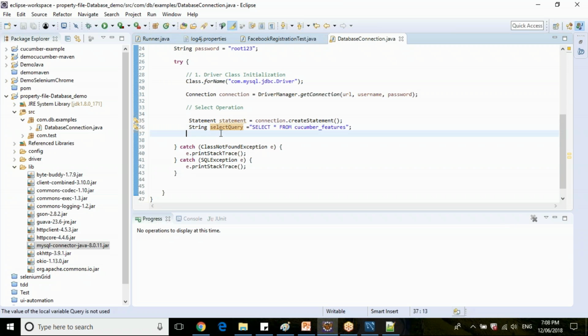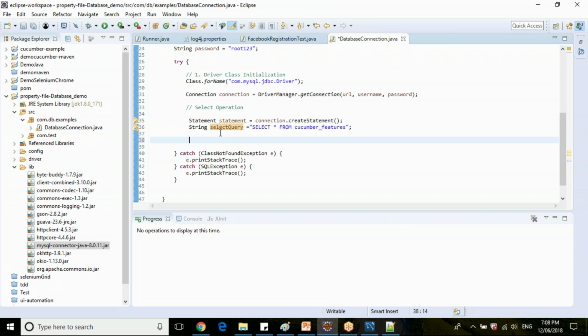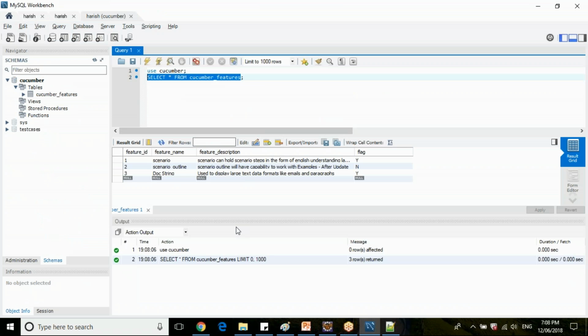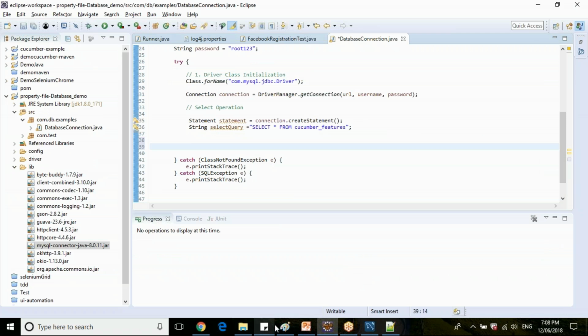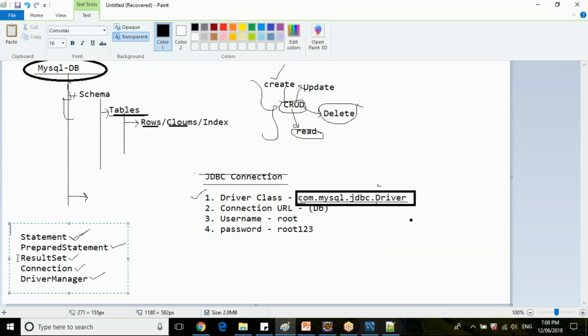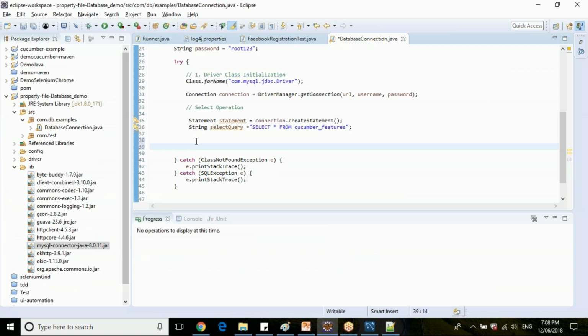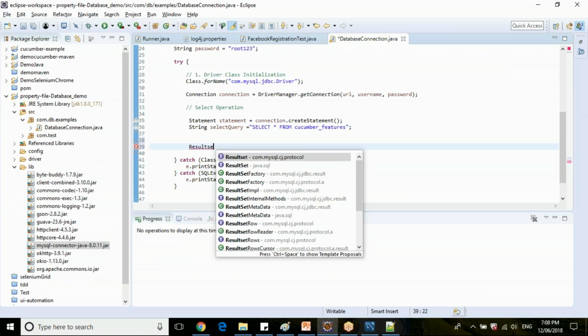Select query. Now the next step is, once you fire this query, what you get back is 3 rows. 3 rows have been returned. So you need to handle this result, with all the column names and actual data, right? So they have given a class here called ResultSet. Declare the ResultSet here.